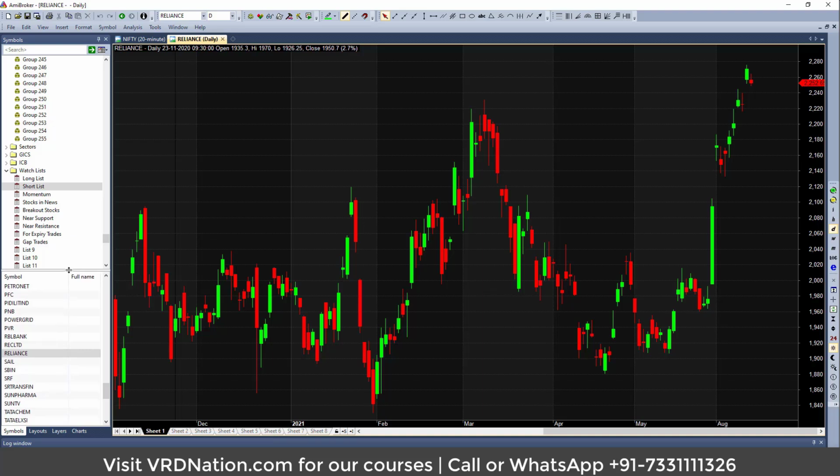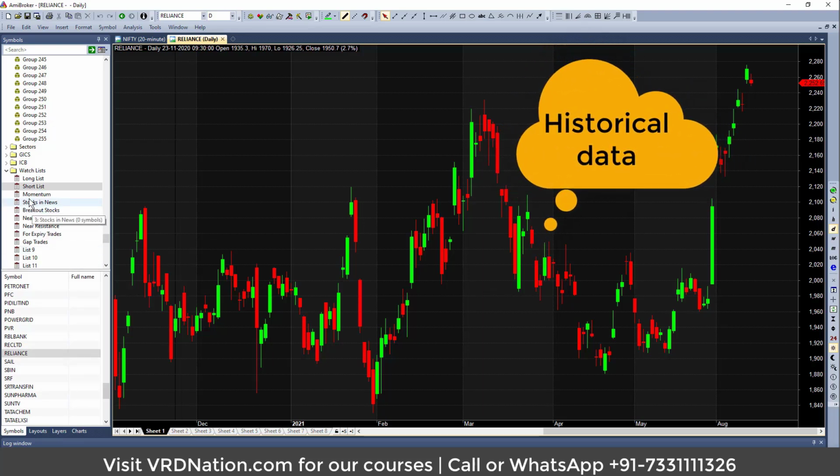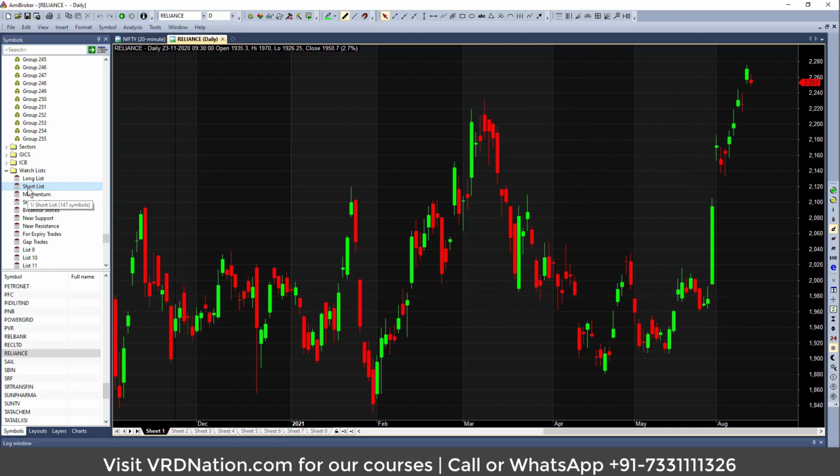Now, the example that I gave you was of real-time data, but there is also a problem with historical data, the data of the last 1 year, 2 years, 5 years, 10 years. The problem with the data of these unauthorized data vendors is that sometimes they are not adjusted for stock splits or dividends or other corporate actions. So if you are looking at a chart of, let's say, 5 years or 10 years, sometimes the chart will give you very wrong information because the prices have not been adjusted for corporate actions as they should have been.